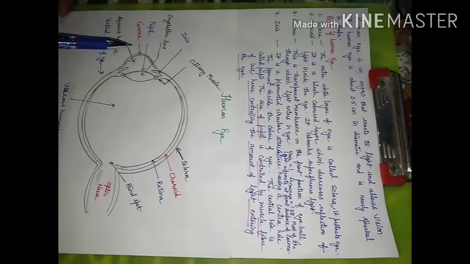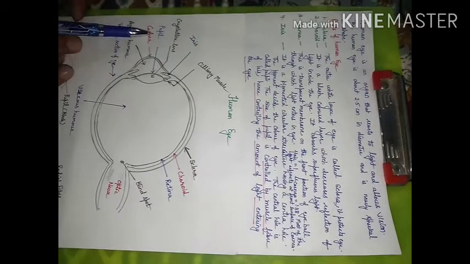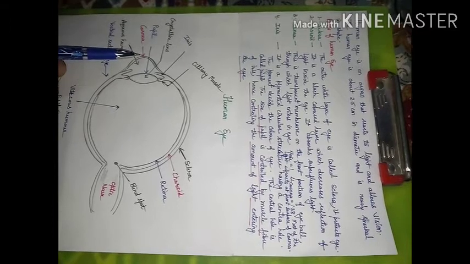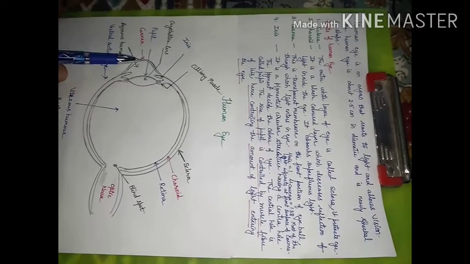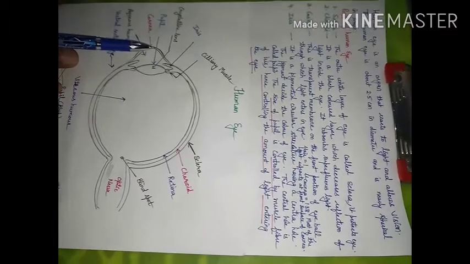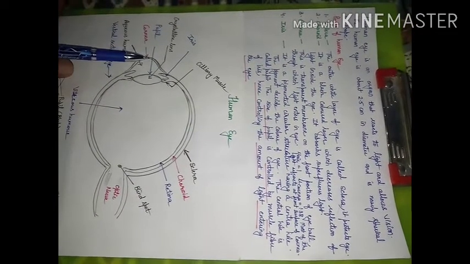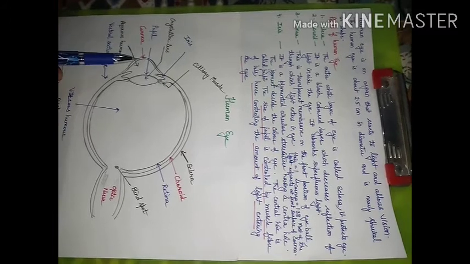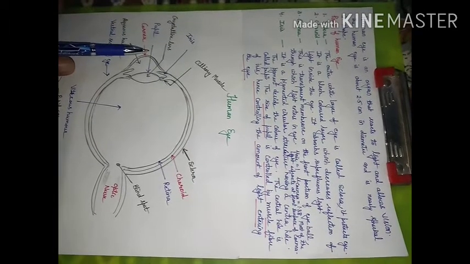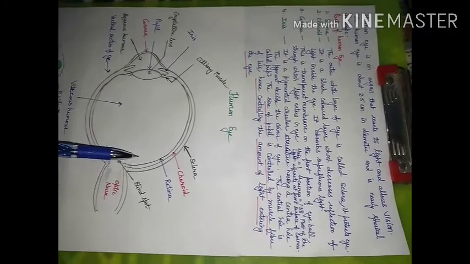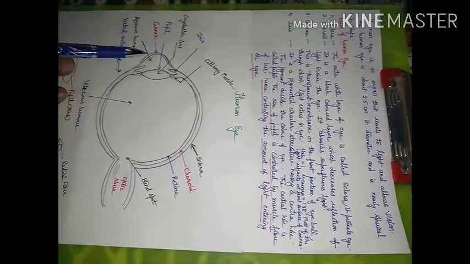When light enters from air to the cornea, the refractive index of air and the refractive index of the cornea are different. So refraction of light takes place when it moves from air to the cornea. The maximum refraction that a light ray suffers before finally reaching the retina takes place at the cornea.